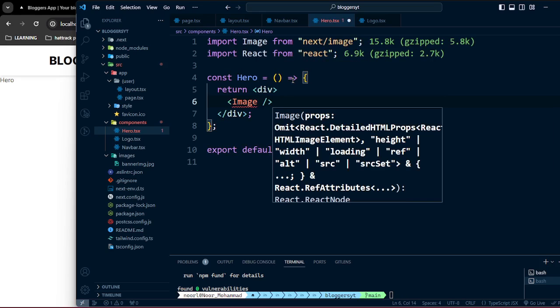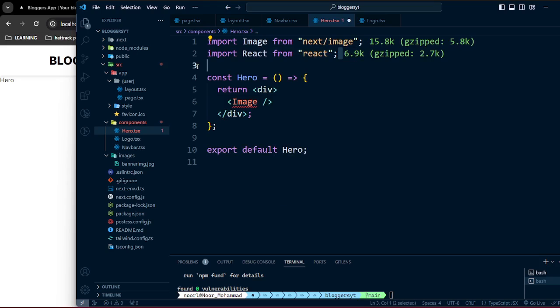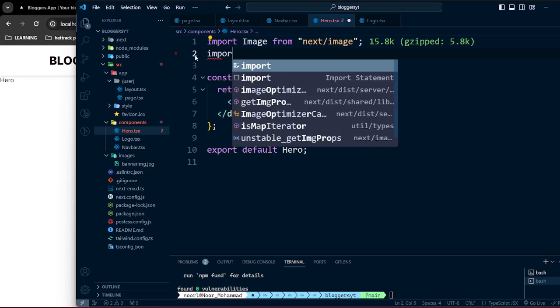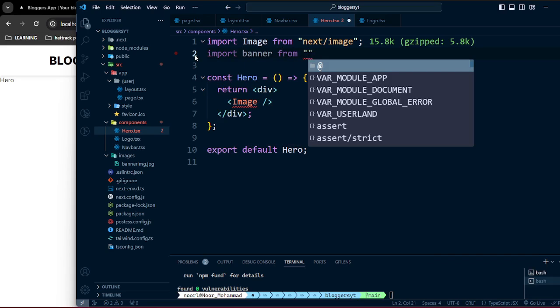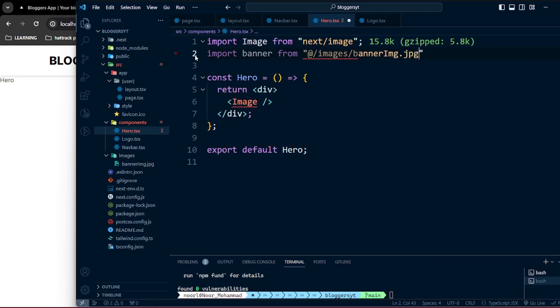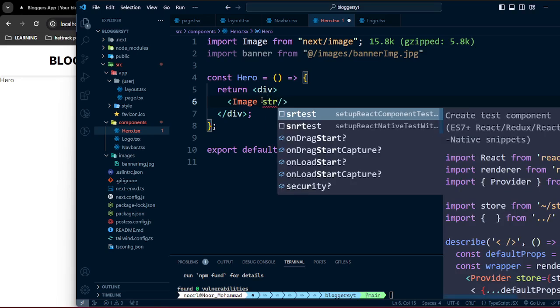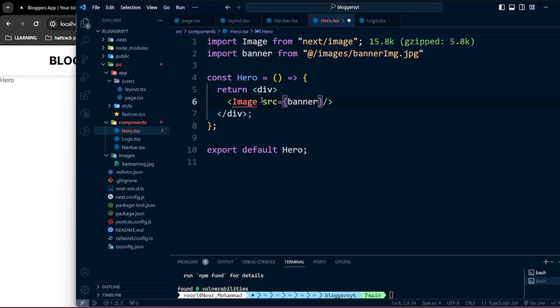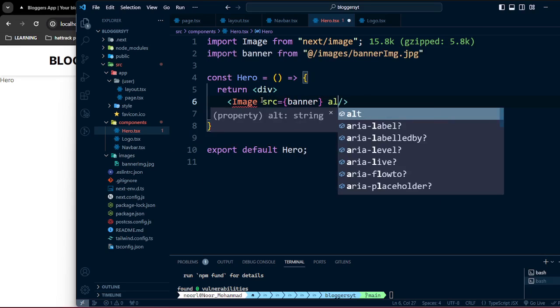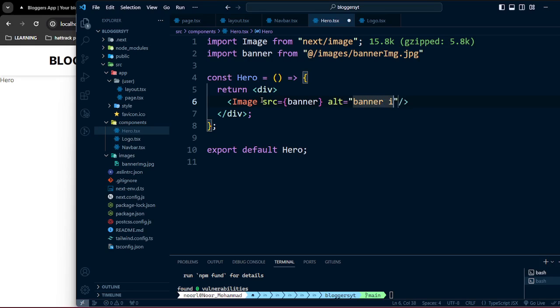You need to import that, and I'm gonna import banner from images, and there is one single image here, and I'm gonna give the src, which is gonna be that banner, and also I'm gonna give the alt tag, which is gonna be banner image,